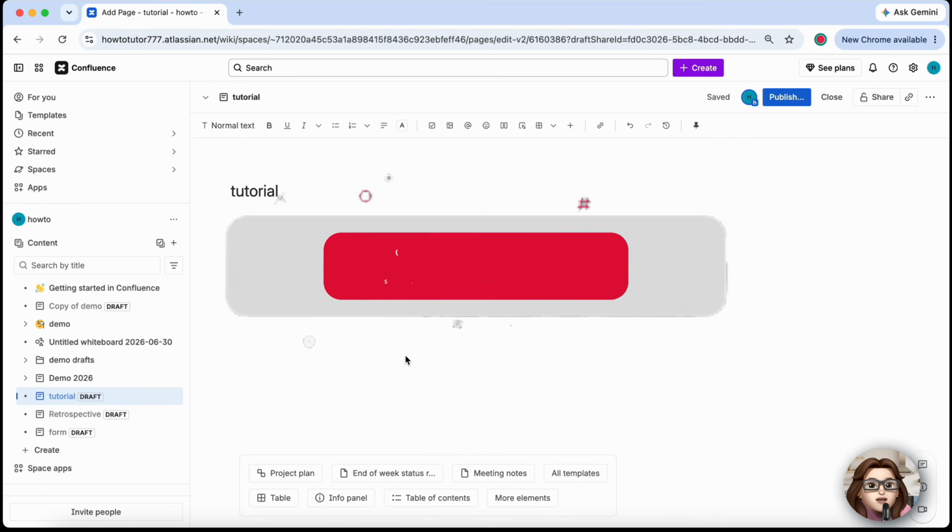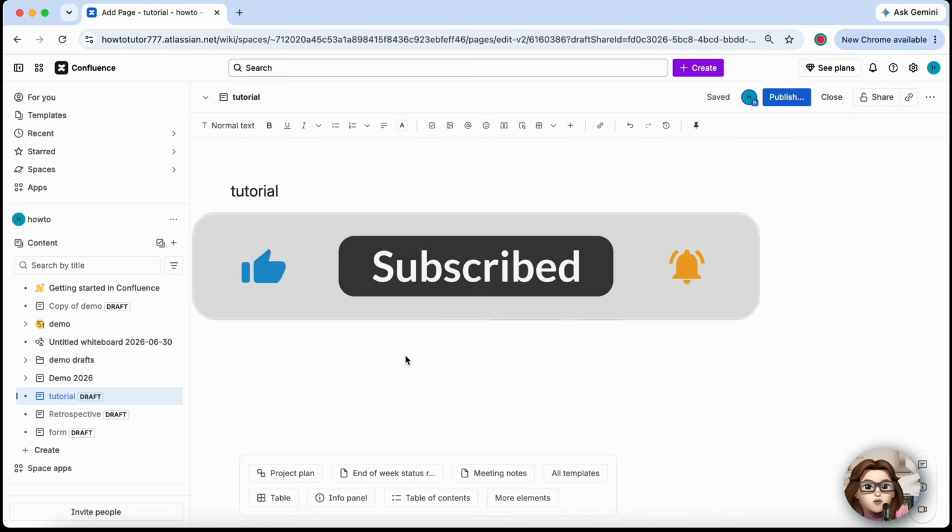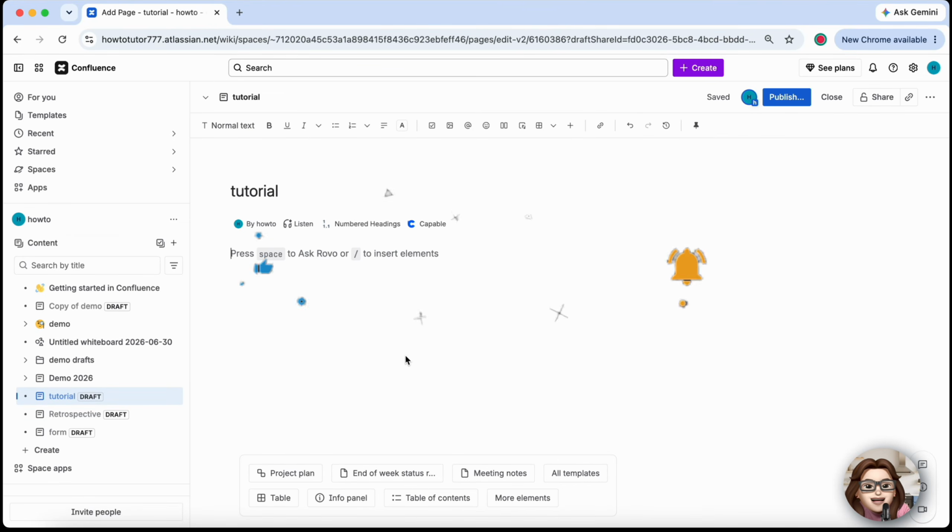In this tutorial, I'll show you how to create tab-like sections in Confluence using the built-in expand macro to organize your content and make your pages easier to navigate. To get started, open the Confluence page where you want to add the tab-like sections and click Edit to enter